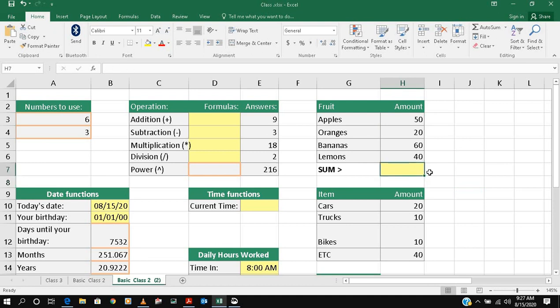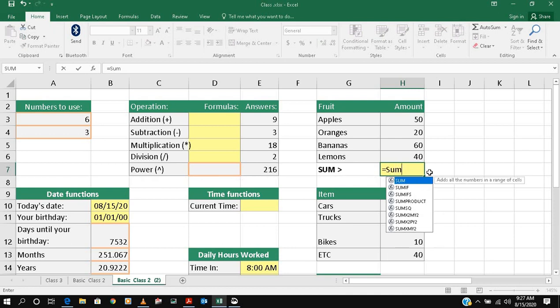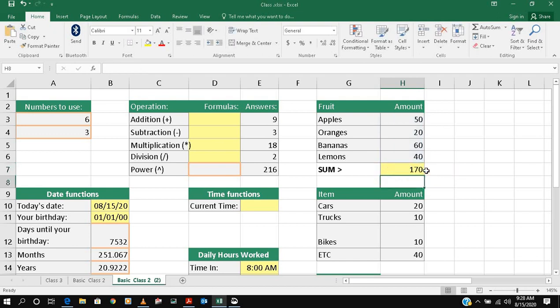Now the sum formula is SUM. You put sum, then you put a bracket, then it is saying number 1 and number 2. So what we can do is again plus, whatever it is. But what we'll do is select this full range. So H3 to H6. H3 is what? 3 is the row, and H is the column. From H3 to H6 we want to add all those numbers. So total will be 170. It's easy, right? It is not tough. The fourth way, we can just select this and it will show you the sum here.